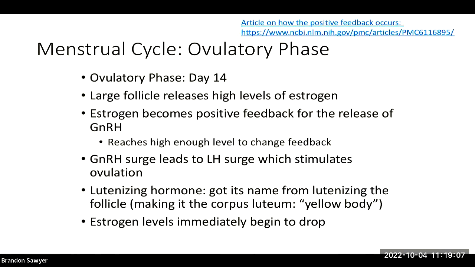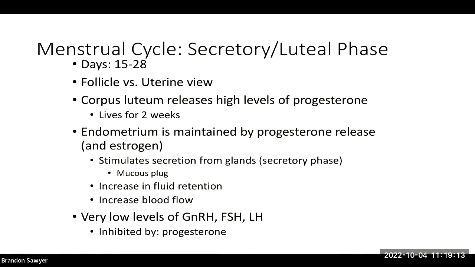And then if we look at the ovulatory phase, right there in the middle at day 14, that's when ovulation happens, okay? And then lastly, the secretory phase, which is what's happening in the uterus, secretion, or the luteal phase, that's what's happening in the ovaries, the corpus luteum, days 15 through 28. That is the most consistent time frame in the menstrual cycle, that 2-week period that the corpus luteum lives. So what I want you to do is read through those 4 slides,